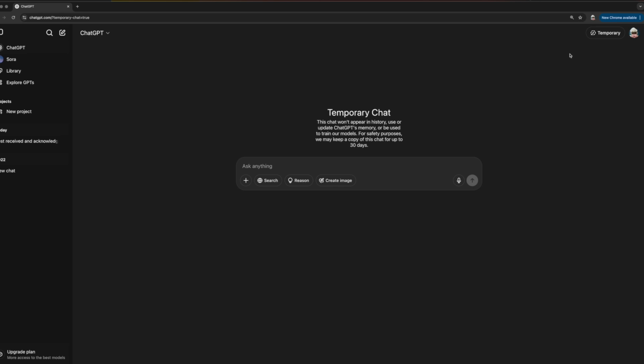Now, if you want to hop back out of here, these toggles at the bottom are really nice to know what these things do. The search the web option will search the web and websites and everything like that online while you're searching. The reasoning option will spend a little bit more time thinking before it's